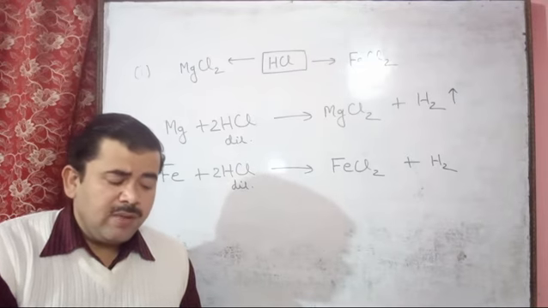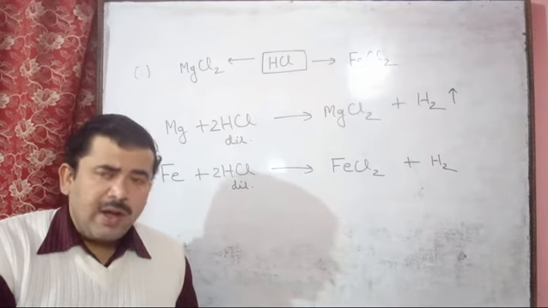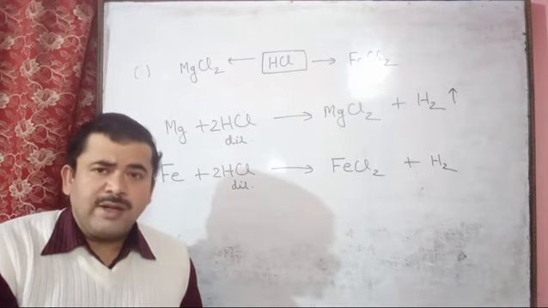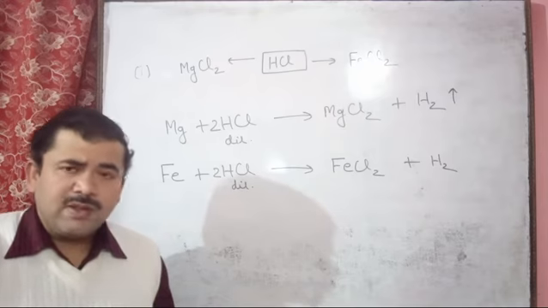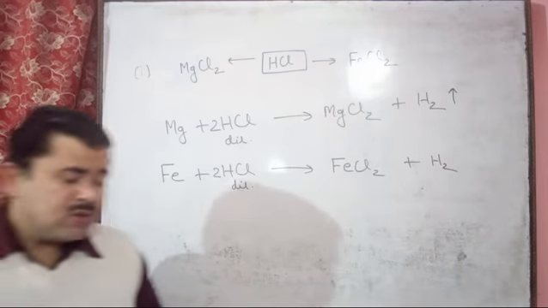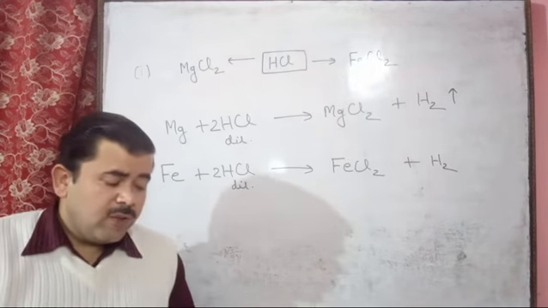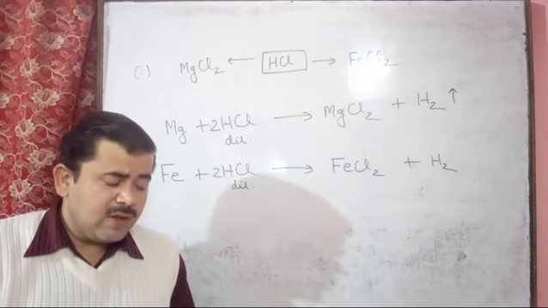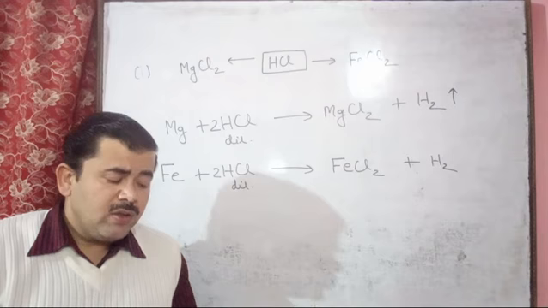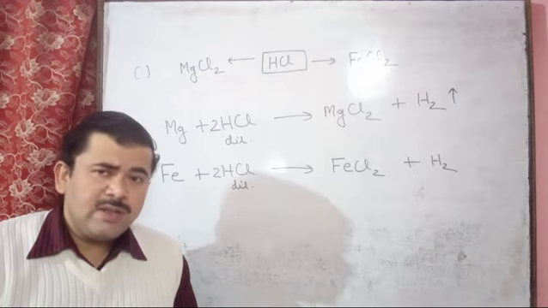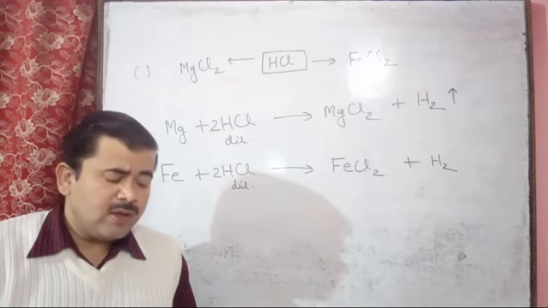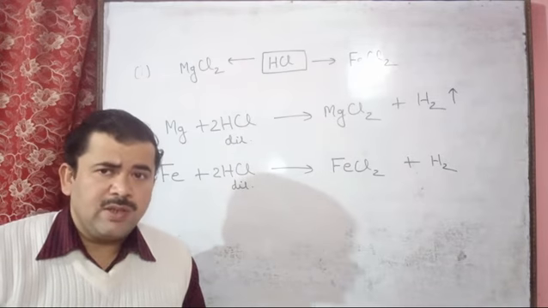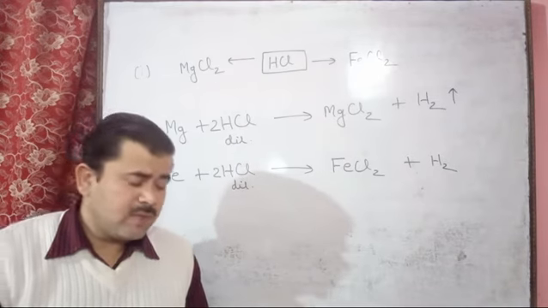And in the same manner, if red hot iron reacts with steam, this gives the magnetic oxide, meaning Fe3O4, plus hydrogen. Fourth question here, by using water. So we know that when coke reacts with steam, this gives a mixture of carbon monoxide plus hydrogen. This is called water gas.